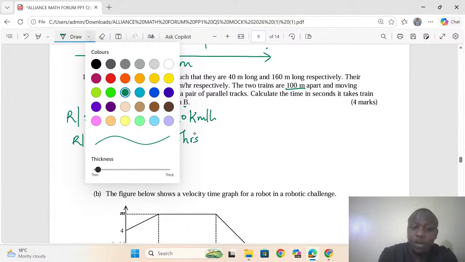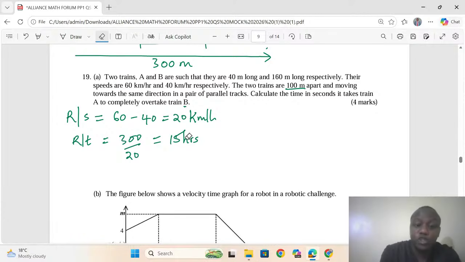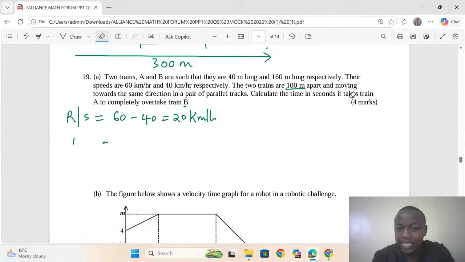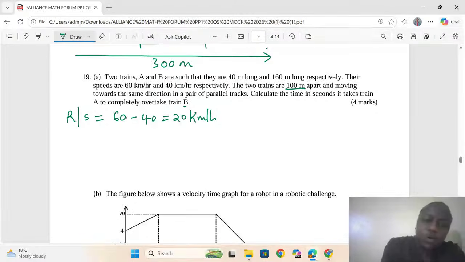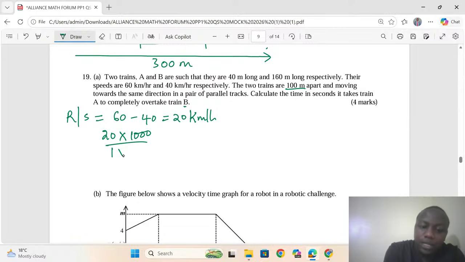So you can't combine such units. You cannot combine such units. You're supposed to convert, so that the time is in seconds. So we convert the speed to meters per second. So this speed, 20 kilometers, can be converted by 1,000 out of 1 hour, which can be converted by multiplying by 3600, so that it becomes seconds. So 20,000 out of 3600, we are getting 5 and 5 over 9